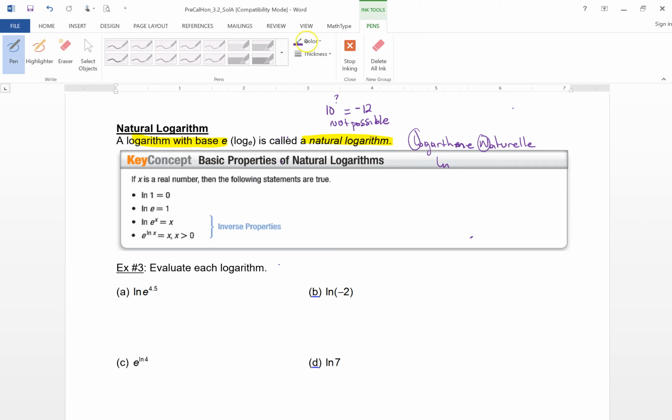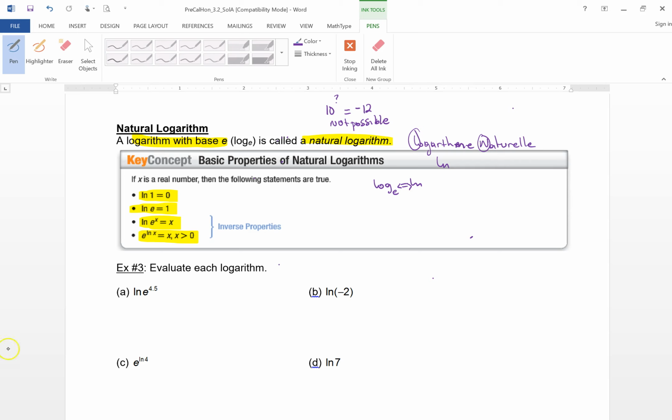Now, ln is just the same as log to the base e. Okay? So log to the base e is equal to ln. Whether I say ln or log base e, they're the same thing. Therefore, it has to have the same properties. So whether the base of the log is a 10 or a 5 or an e, it's got to have the same properties. Meaning, again, ln of 1 is 0, ln of e is 1, because it's log base e of e is 1, ln of e^x is x, e to the ln x is x. Okay? So, without even thinking,